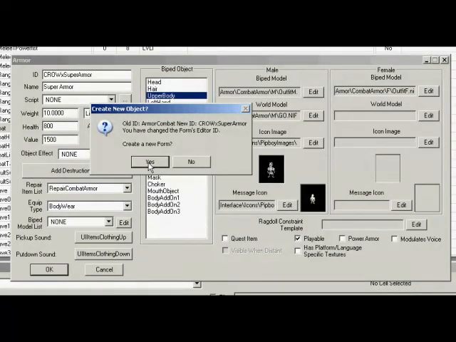So you don't ever want to hit no. You want to hit yes, create a new form. All that's going to do